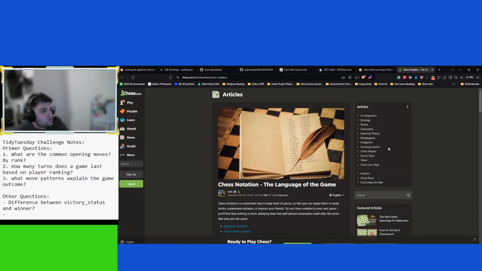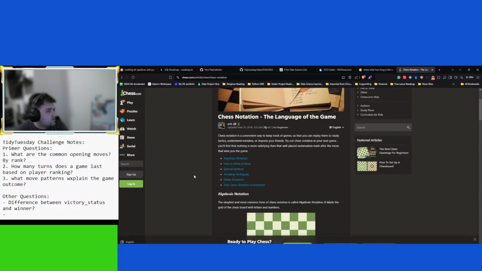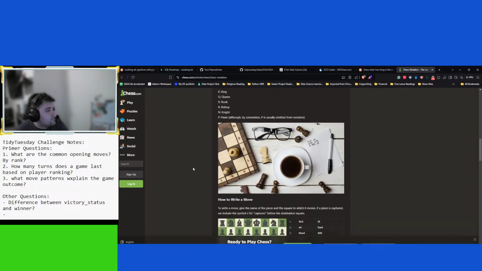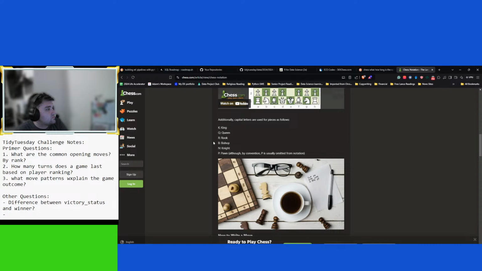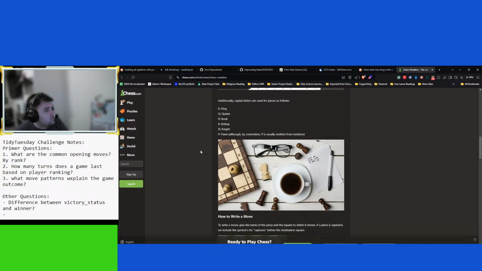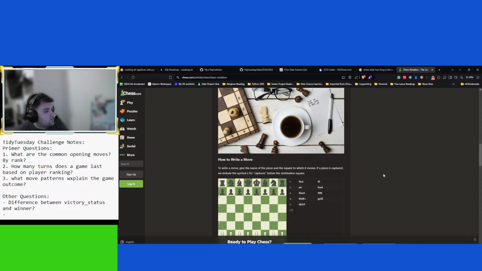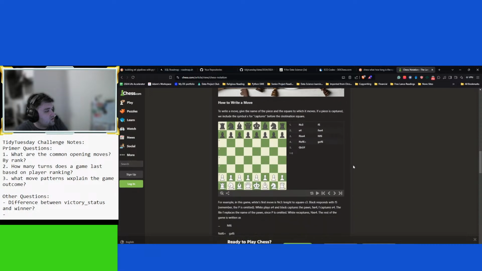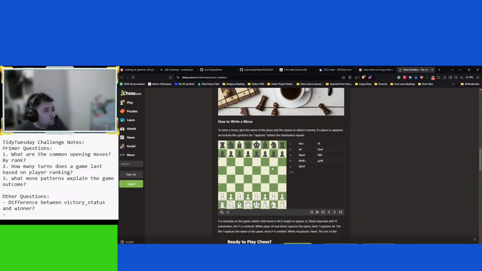Oh. This might be good, actually. King, queen, rook, bishop, knight, pawn. By convention, P is usually omitted from notation. Oh, okay. Didn't realize that. Knight c3. So wait, so... Knight to c3.